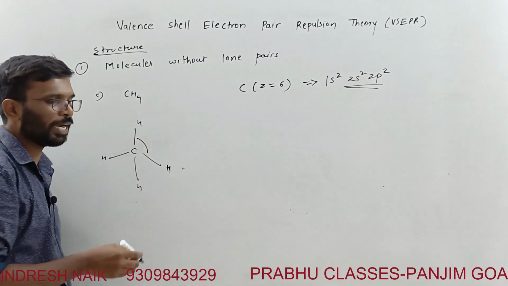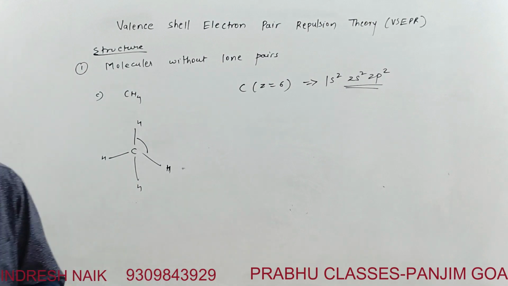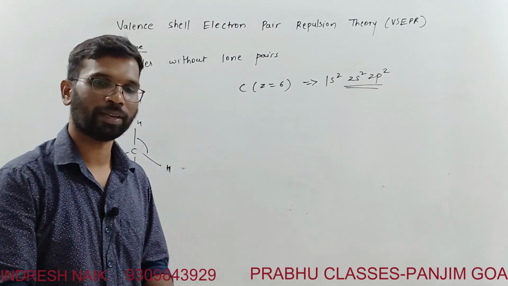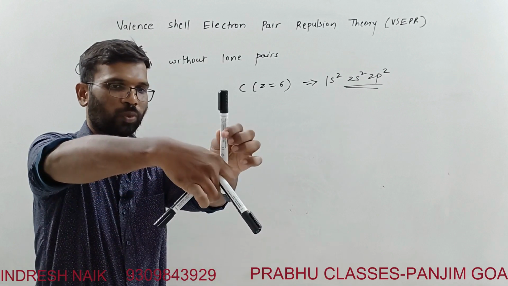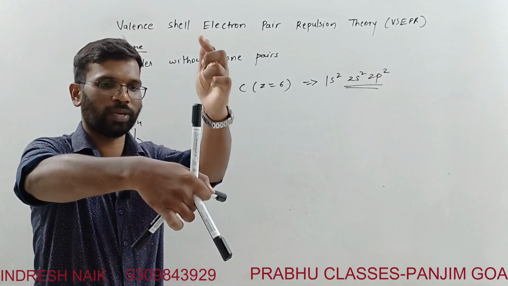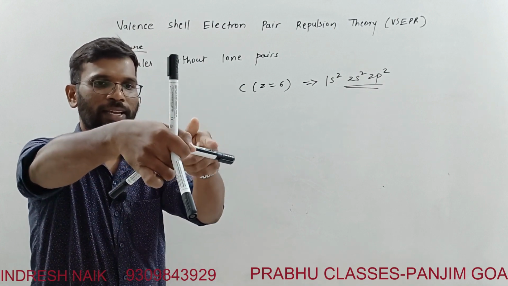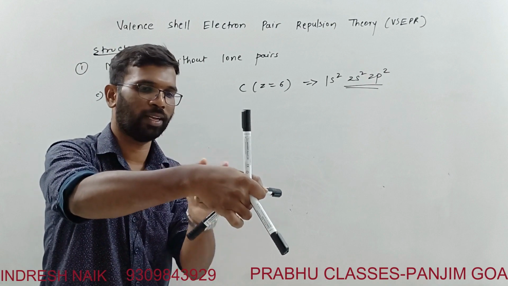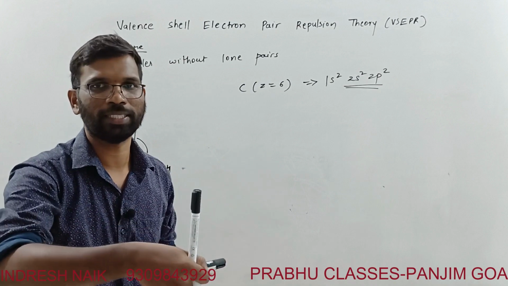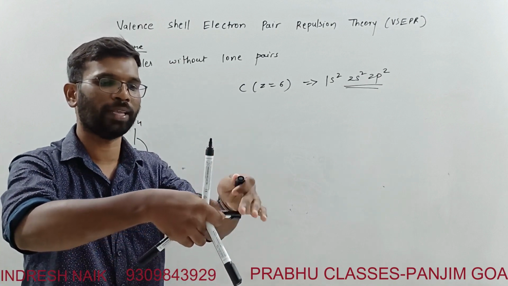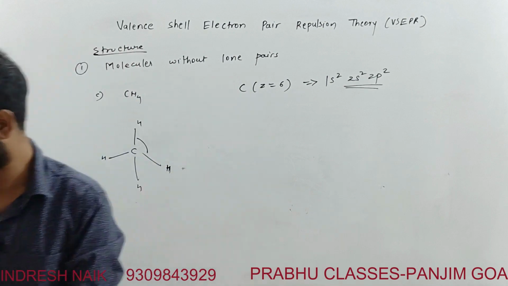And the tetrahedral structure is this way. If I want to show you, it will be this way. In the simplest manner, we can understand the tetrahedral structure is this way. This is one angle, this is another angle, this is another angle. I may not have held it exactly, but this angle, and this angle, and again this angle will be equal, all the angles, if all bond pairs are the same. If there is a lone pair, then it will push it down to a greater extent.